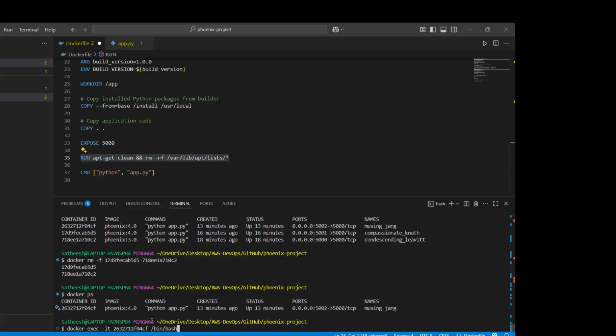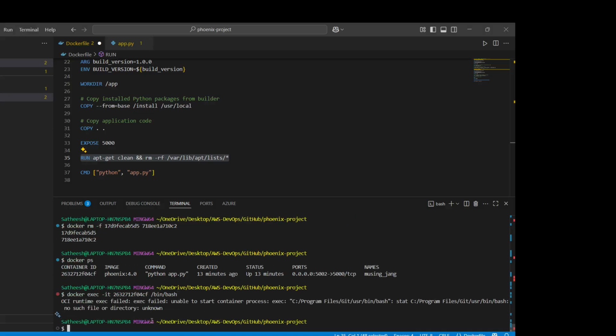Look at the command once again. Docker exec means executing, -it means interactive mode, and then you give the container id or the container name, and at the end, which shell you want to enter. Okay, if you give that, you will be able to